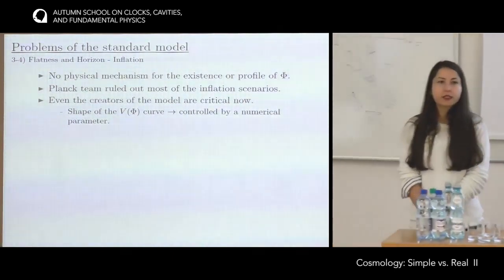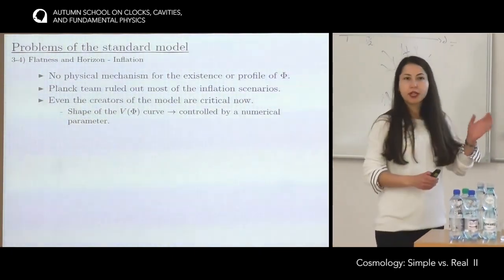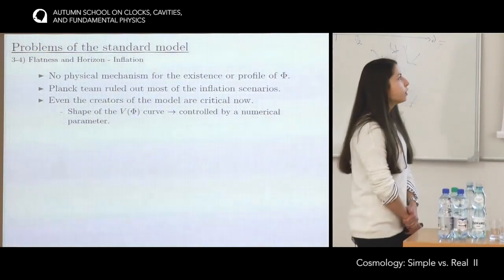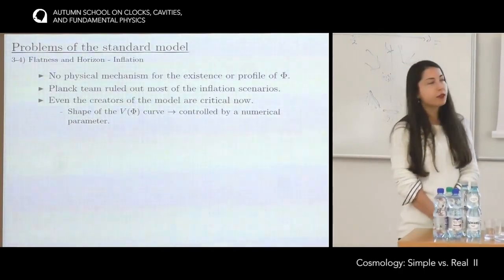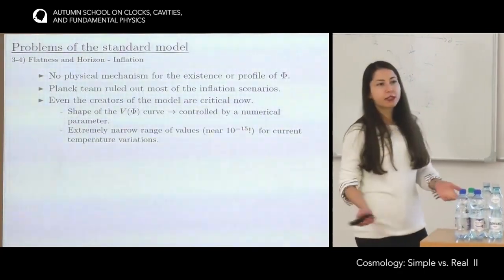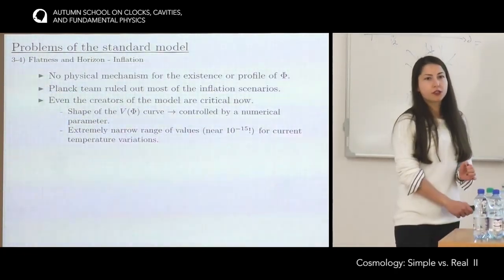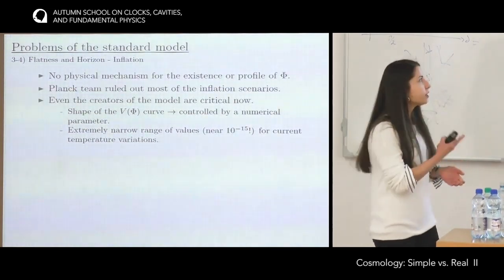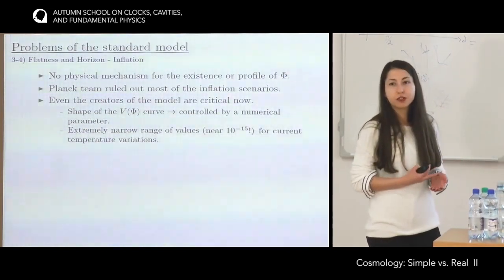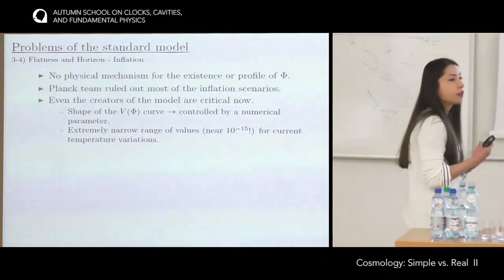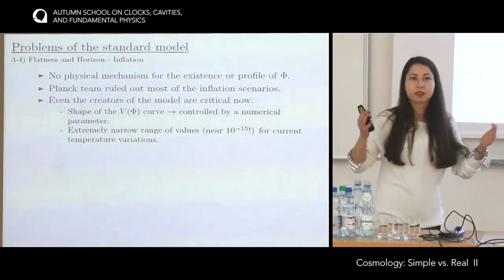And that is basically because the shape of the potential curve that I showed you is controlled by a numerical parameter. And now we know, thanks to the experiments, that it should live in a very narrow range. It should be this. So this is another fine-tuning problem we have in order to have the current temperature variations